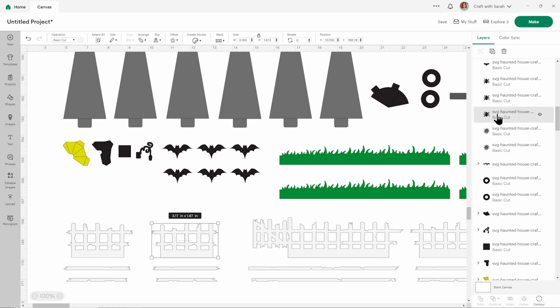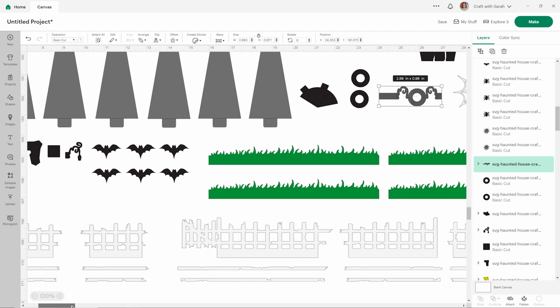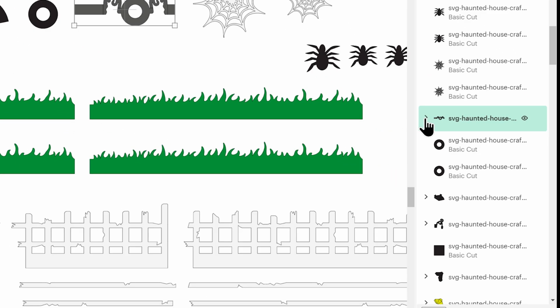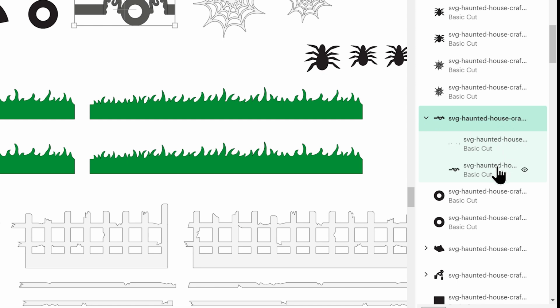You'll see some spiders and some spider webs. And then after that, there is a little layer which has, in the Layers panel, an arrow next to it. These arrows show that something has a score line that needs formatting. Click the arrow and you'll see it opens up so that you'll have a main shape at the bottom and then either horizontal or vertical lines on top. Or in some instances, it might have some of each.